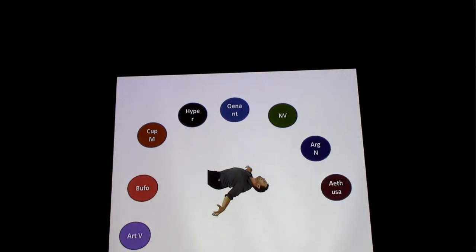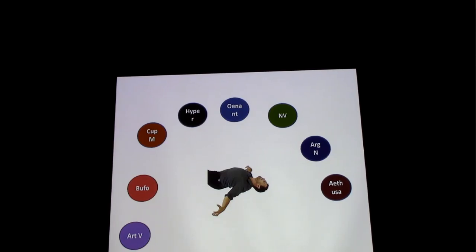Then you also have Aethusa. Many of you again started, sir, Aethusa. Now what is it that you have in Aethusa? Eyes turned down. That is very characteristic. Again, Aethusa comes close to Bufo. You agree? In what way do they come close to Bufo? There is something common between Bufo and Aethusa. Dullness. Mentally they are not very sharp. Both Bufo and Aethusa, mentally they are not very, very sharp.